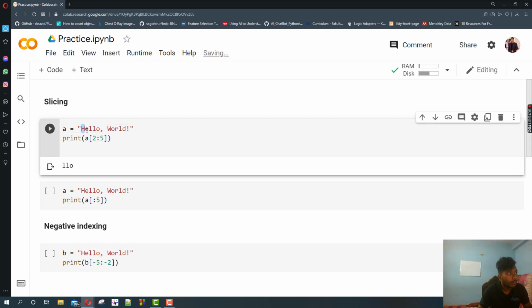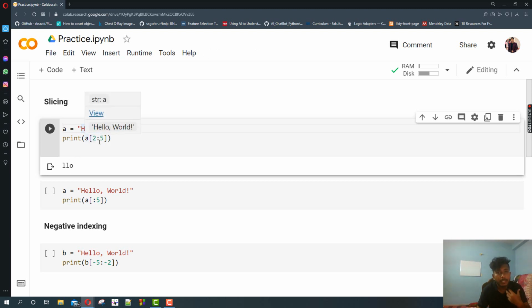H is 0, E is 1, L is 2, so it will start from 2. It printed L, and next it will print index 3, the second L, and index 4 is O. The fourth index O will be printed, and index 5 is the comma.